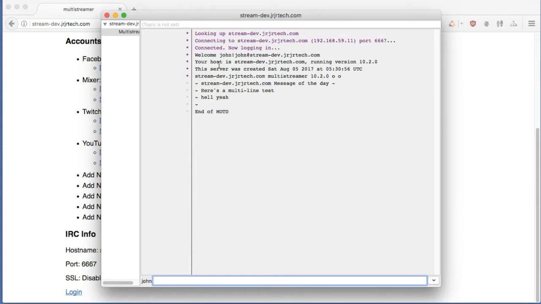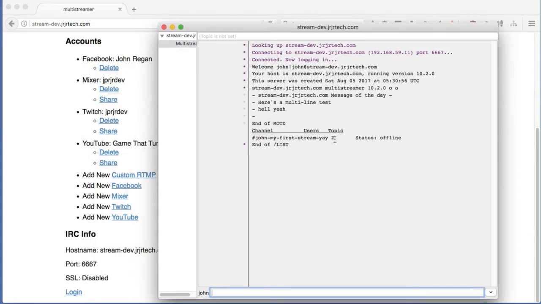So then you're going to get connected, and once you're connected, I don't really spit out a lot of ridiculous info like some IRC servers do. I just spit out the basics. But I'm logged in, so if I list my rooms, I can see that stream that I made earlier. What's interesting is usually there's only one user in the room, but I think because I have my chat widget pulled up, that counts as a user in the room. So I'm already in there, which is kind of interesting. But anyways, if I go and enter the room,